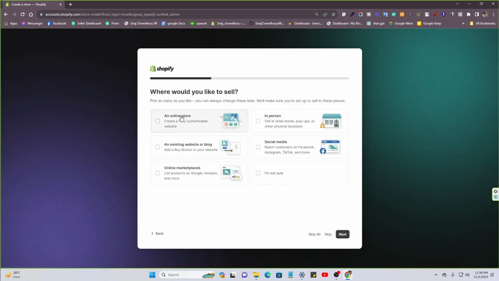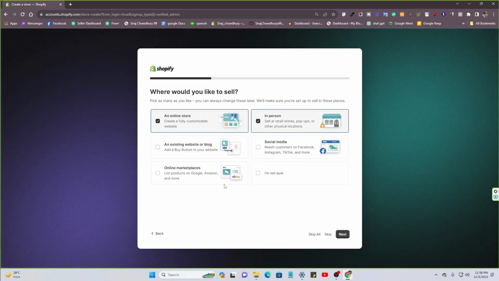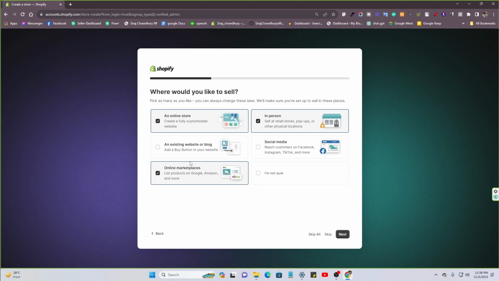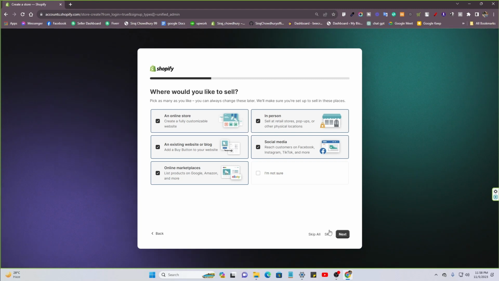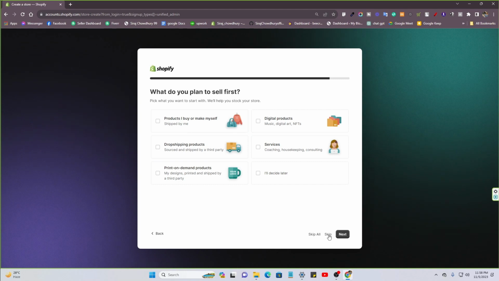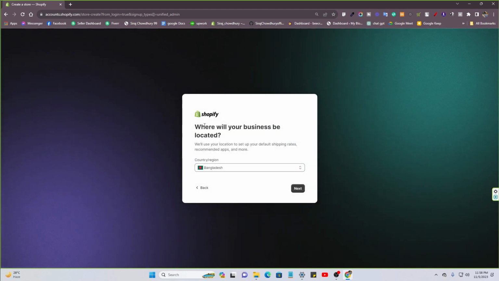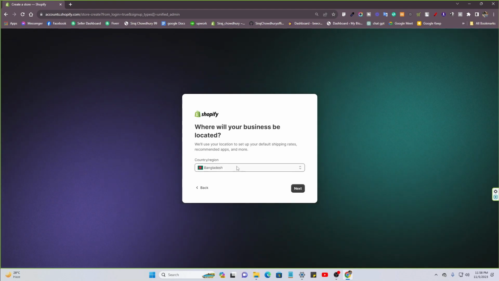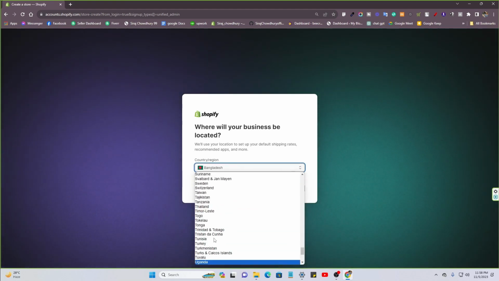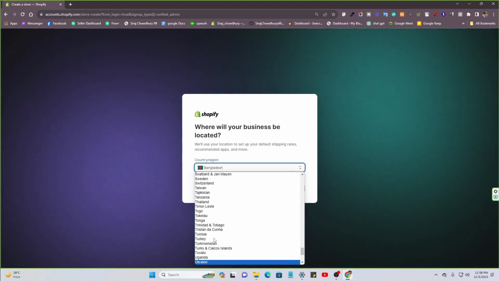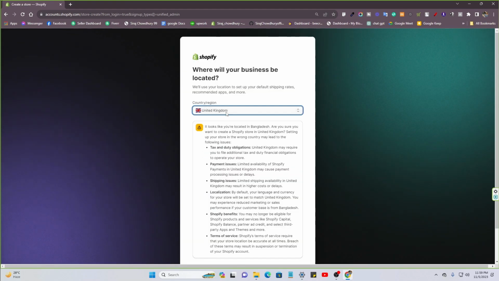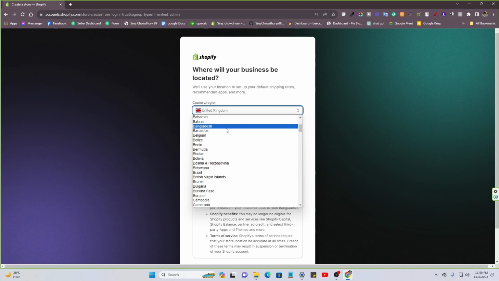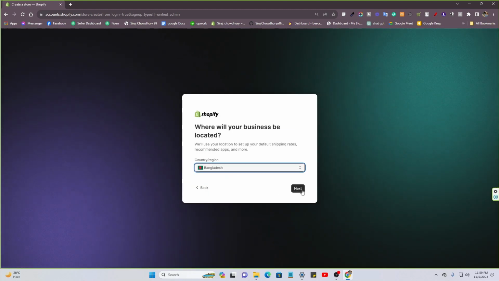Then next, it's an online store, and I am a person, and online marketplace. My target is online marketplace, and existing website, also I have social media. Or you can also skip this one. This is not mandatory, but I select all the options. I just skip this option. Okay. So now you need to select your region. If you are in USA, you need to select USA. You need to search here United States or anything. I am Bangladeshi, so I select Bangladesh. Okay. So next,